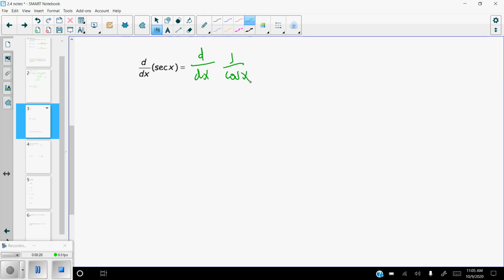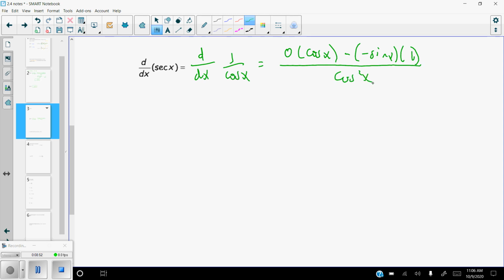Once again, you can use the quotient rule. The derivative of the top is 0, times the denominator, cosine of x, minus the derivative of the denominator, which is negative sine of x, times the top, which is 1, all over the